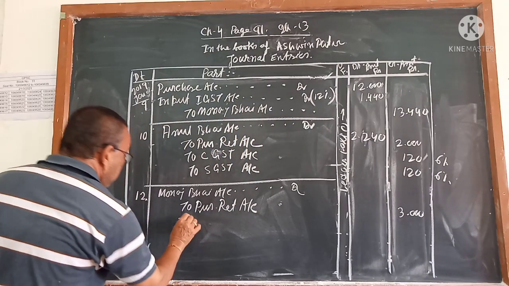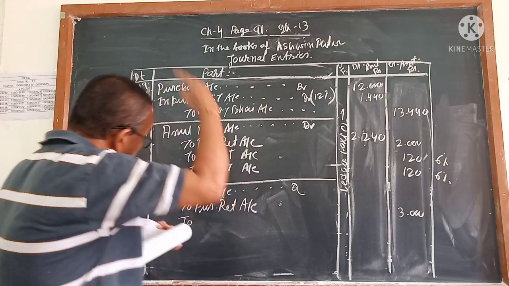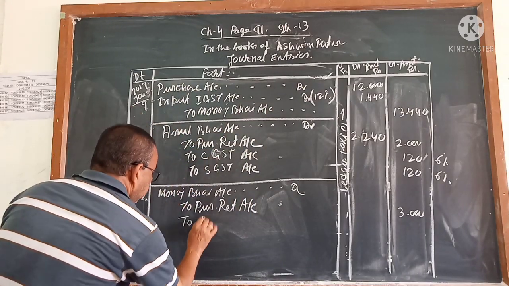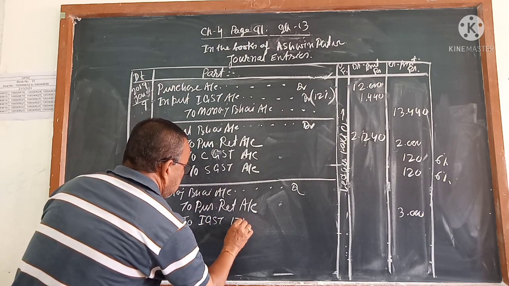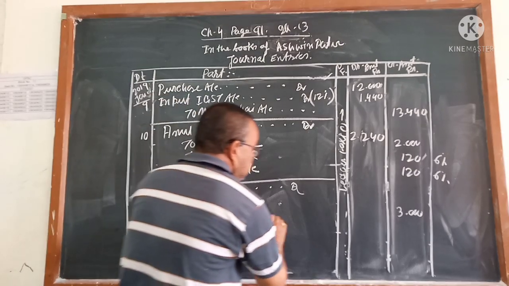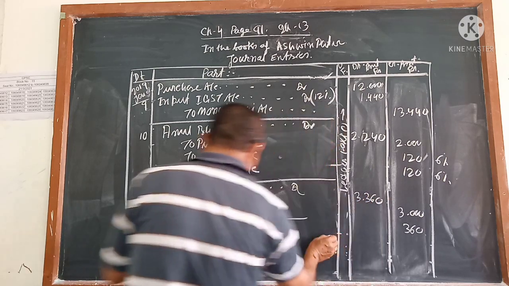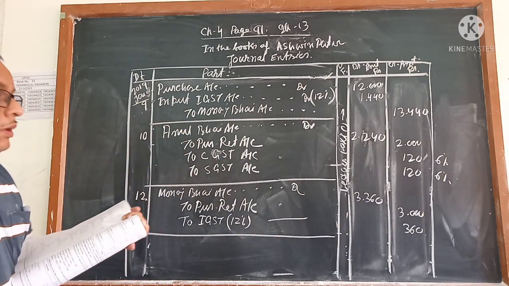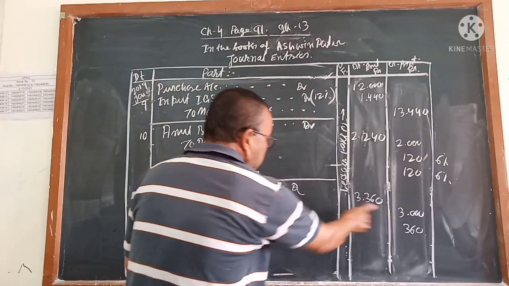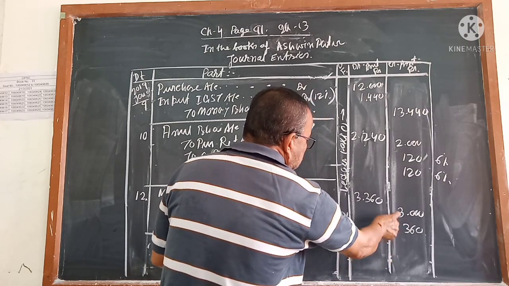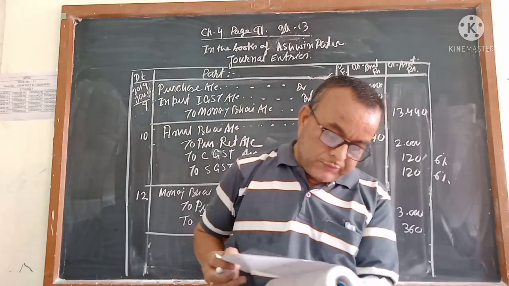Then when you purchased goods from Manoj bhai, that time it was IGST. It was debited. Now IGST will be credited. IGST, how much percentage? I think 12% was applicable. So 12% means 360. So here it will come 3,360. What you do? First we write the account, then the goods amount. On the basis of that you calculate 12% and you add these two and write it here. 12 is over. Now is coming 15.